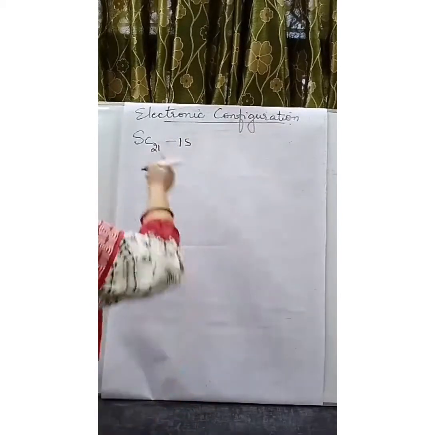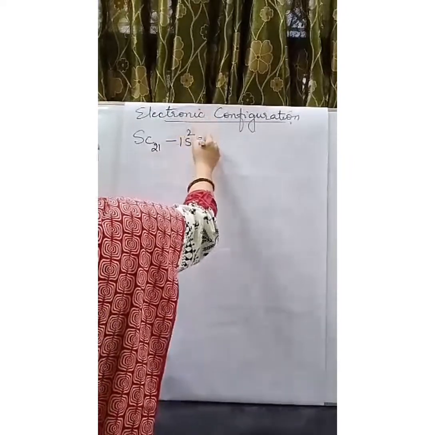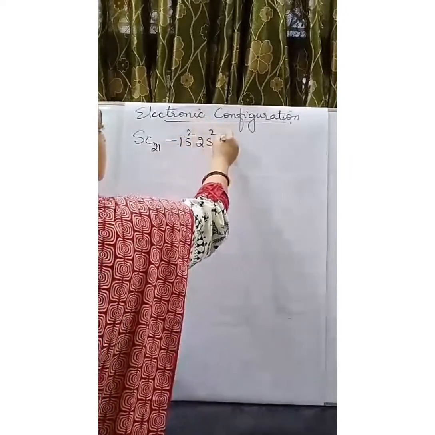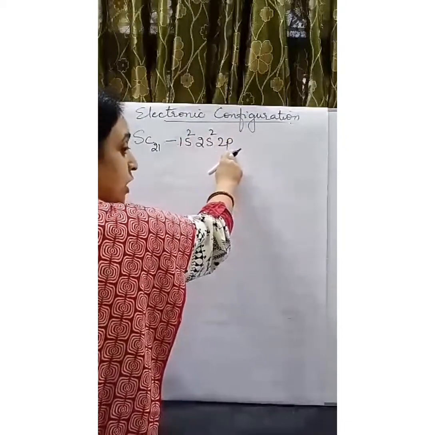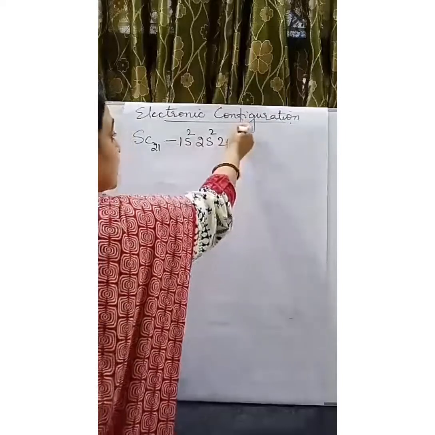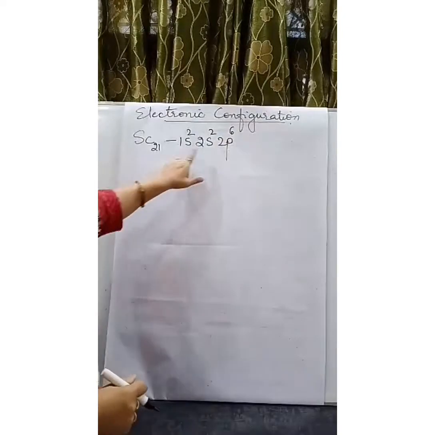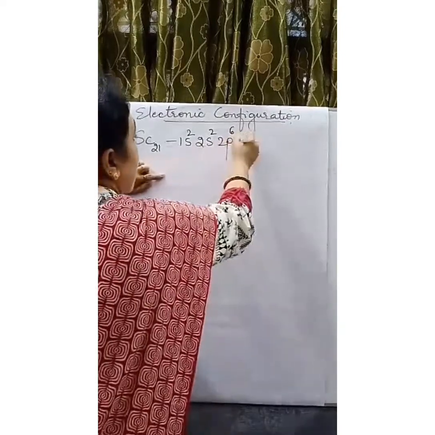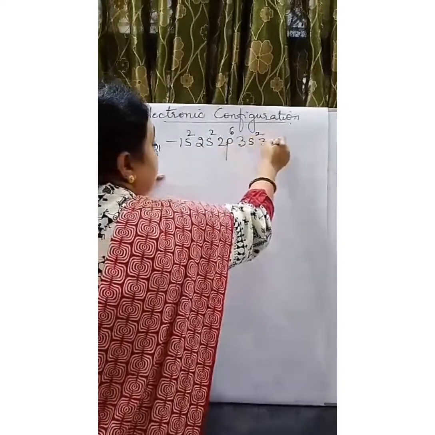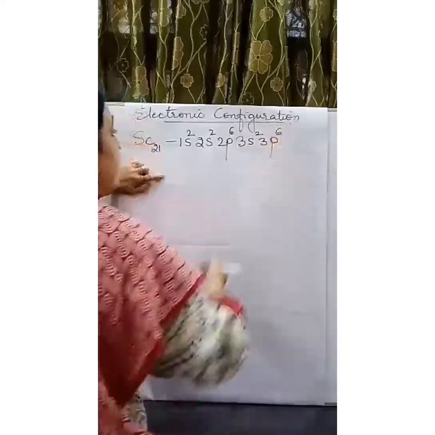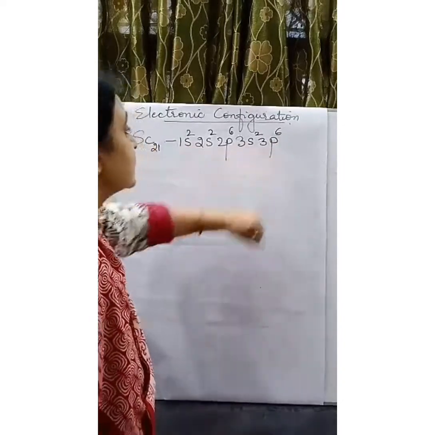So first, the 1s orbital will get 2 electrons. After 1s, 2s comes, which gets 2, then comes 2p. There are 3 sub-orbitals in p and each can occupy 2 electrons, so 3 times 2 is 6. The maximum capacity of p is 6 electrons. So 10 electrons we have arranged. After that 3s comes, which will get 2, and then 3p, which will get 6. Now you can see here, check: 10, 11, 12, and 6 more, 18.